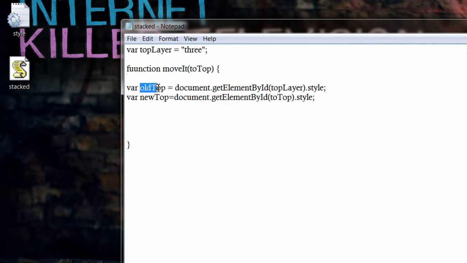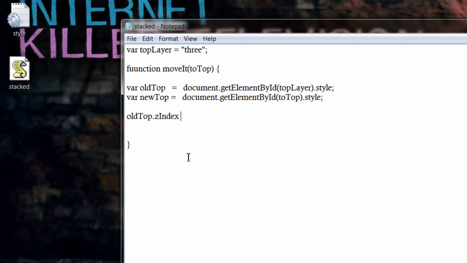Now we shall write the style property for these variables, oldTop and newTop. So oldTop dot zIndex is a style property. Higher the value of zIndex, nearer or closer it looks to the user viewing it.